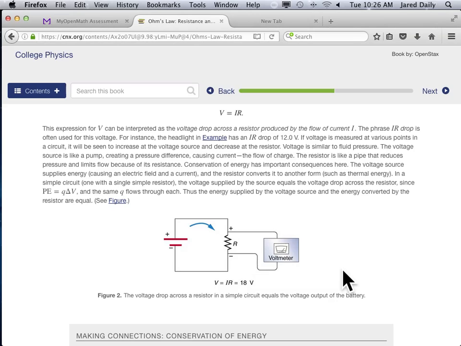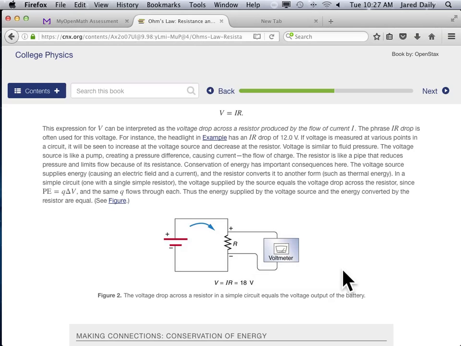Voltmeters are almost impossible to break. You can pretty much hook them up to anything except a high power laser. I learned that one day in a laboratory where somebody was trying to measure voltage across a high power laser with a voltmeter, and I heard this big boom and a flash of light. And I looked around the corner, and this guy was standing there next to a smoking voltmeter that had been literally blown to pieces. It was not high enough resistance to handle that kind of voltage. And drove a current through it and just blew it to pieces. It's pretty funny. The good thing was he wasn't holding the voltmeter. He had suspended it from the ceiling because he knew that might happen. But anyway,